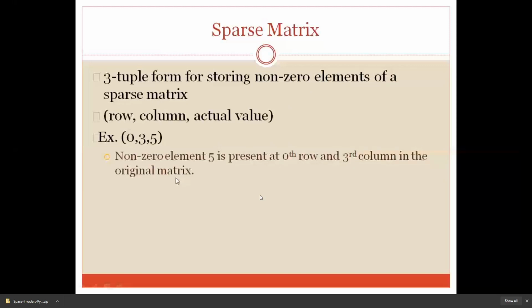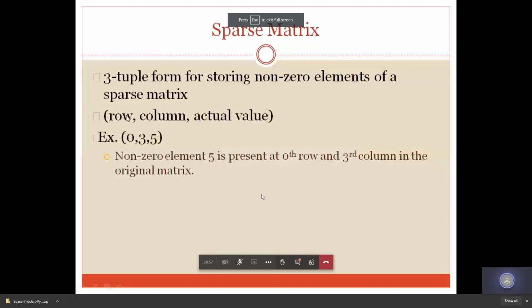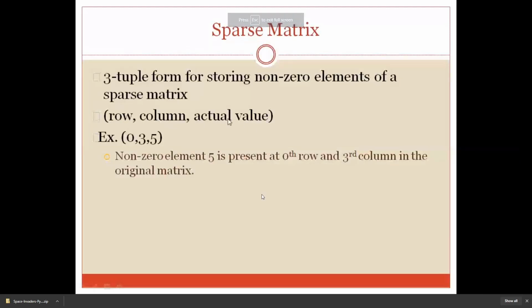The three tuple form of storing a non-zero element is: first row, comma, column, comma, actual value. This is a three tuple separated by commas, three entities. First indicates row, second indicates column, third indicates actual value.